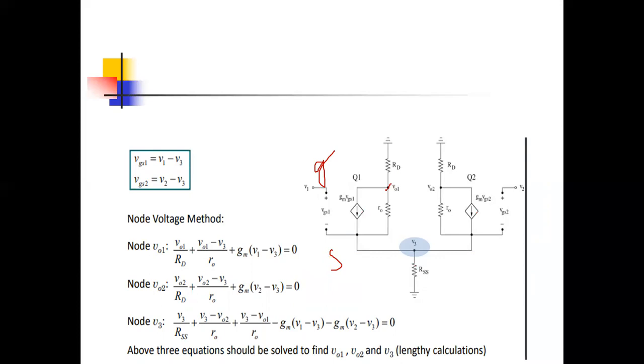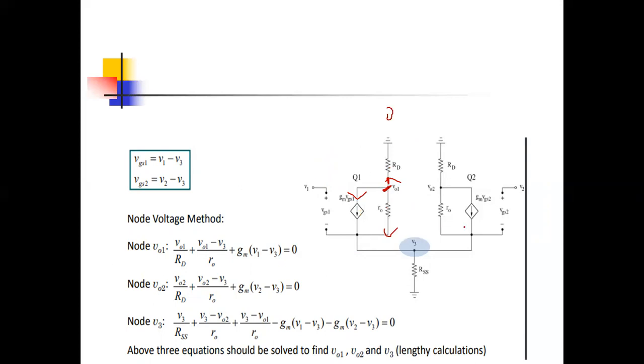Now we'll apply node analysis here to this current, plus this current, and plus this current. All three currents added will be 0. So this current is (V01 minus V03) upon R0. This current is (V01 minus 0) upon RD. And this current is GM into VGS1, and VGS1 is V1. Again listen, we are taking node analysis here. At this node, the current will be (V01 minus V03) upon R0, and this current is GM VGS1. Now the upper current is (V01 minus 0) upon RD.